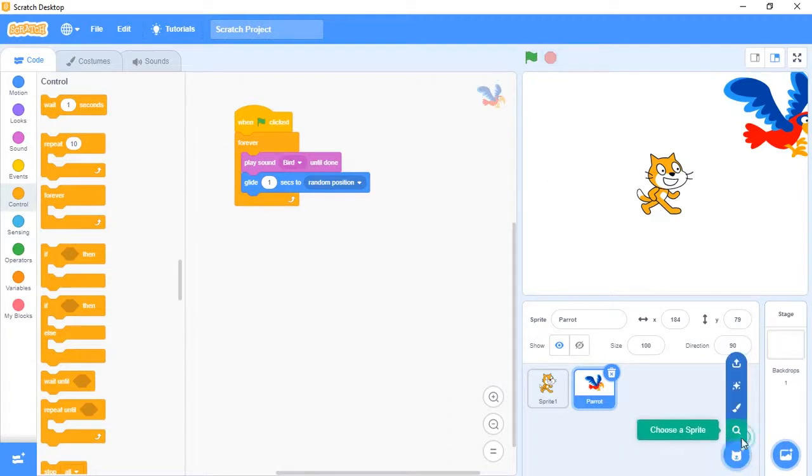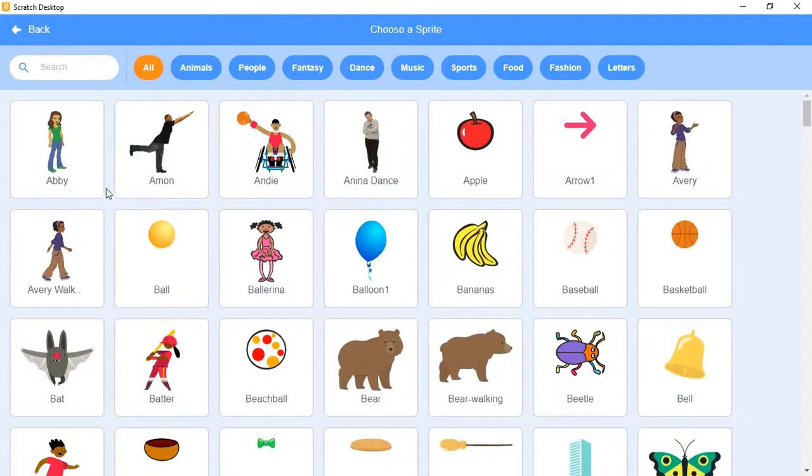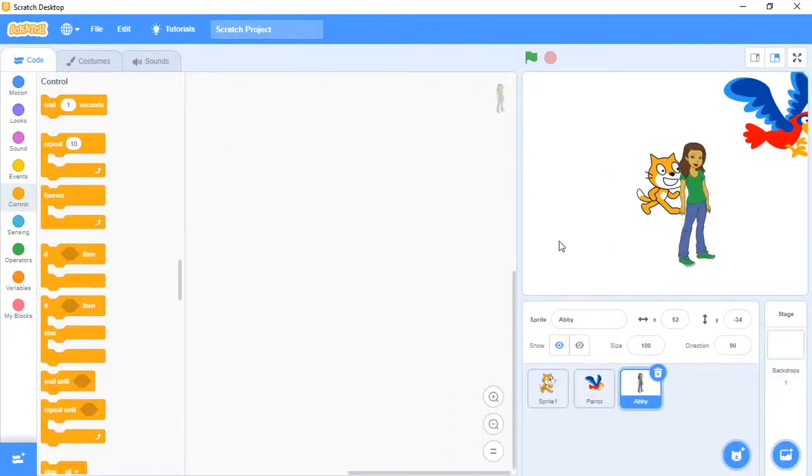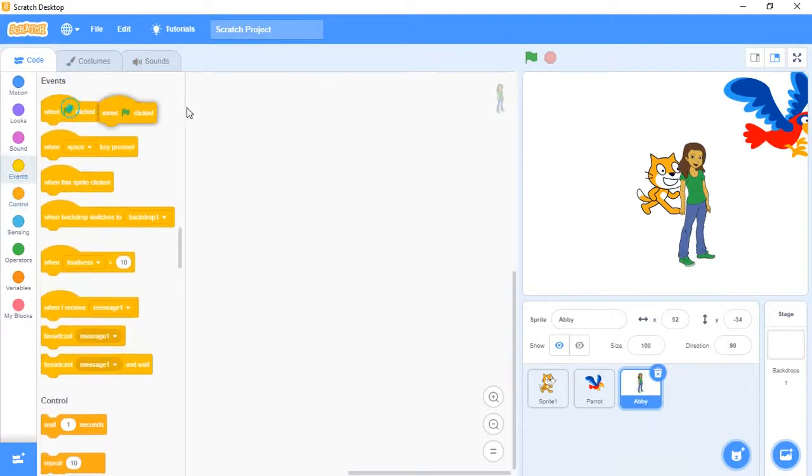So make use of one more sprite. Select the event. Fine. Next, go left and right. Not this event, here only.